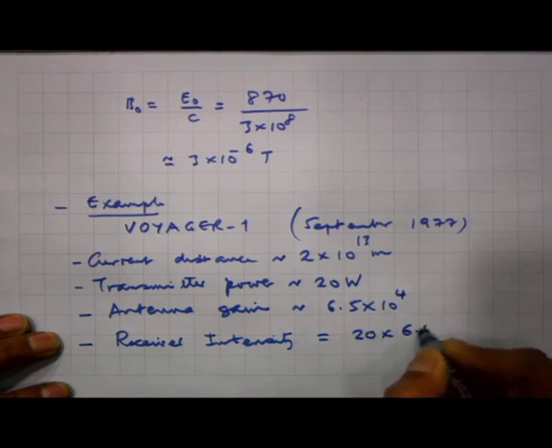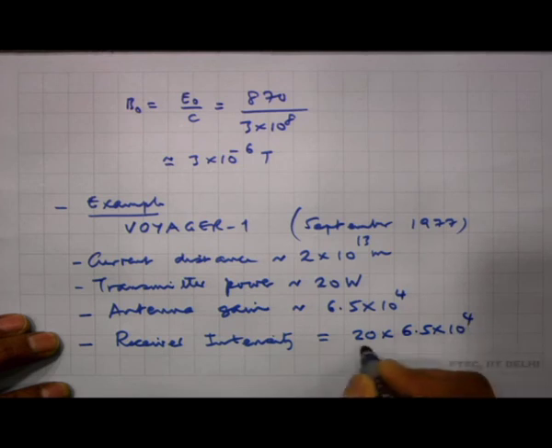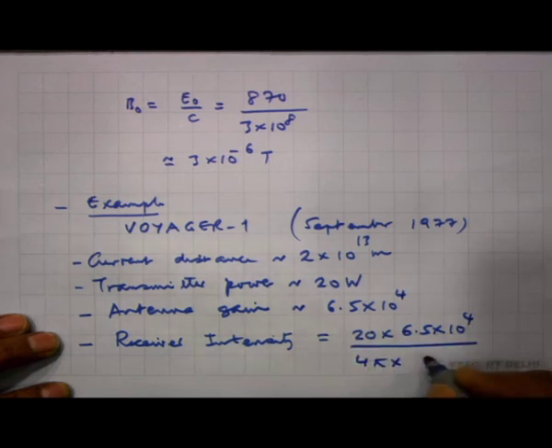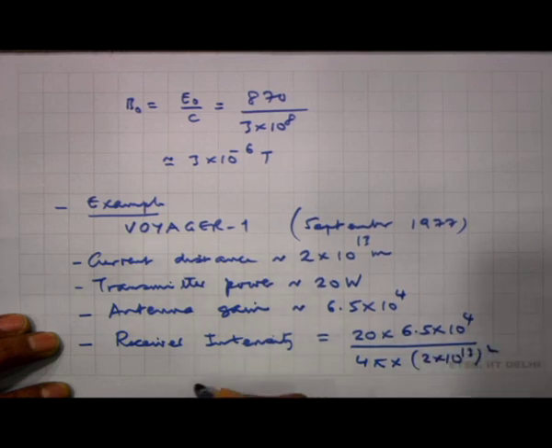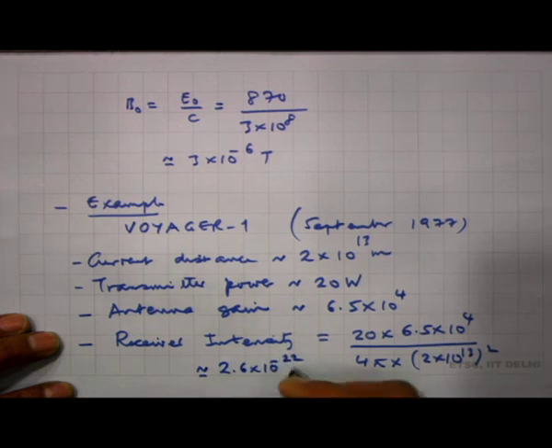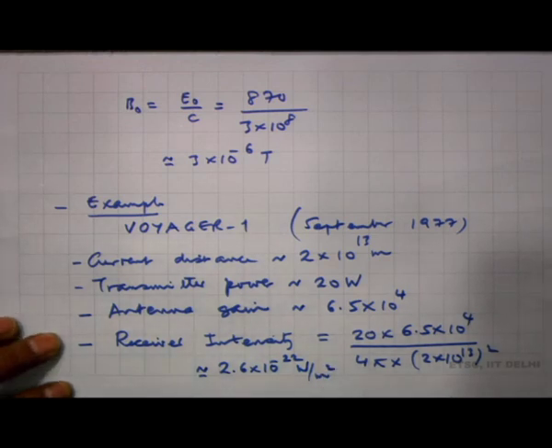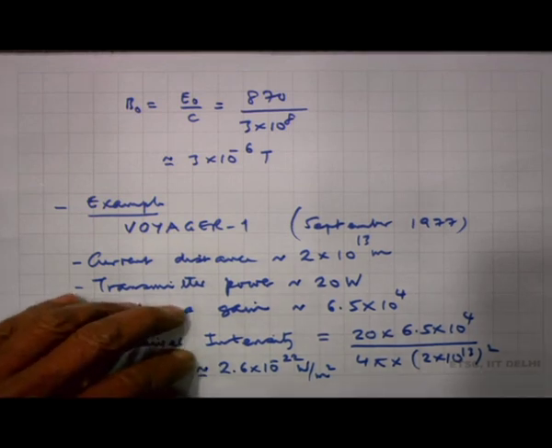There is a gain of 6.5 × 10^4, divided by 4π times distance squared, which is 2 × 10^13 squared. And if you calculate this, it comes out to be about 2.6 × 10^-22 watts per square meter, an extremely small value of intensity that is coming here from that Voyager spacecraft, and we can actually calculate immediately